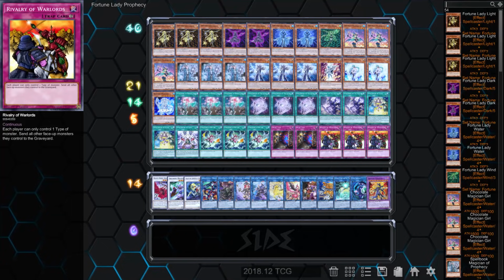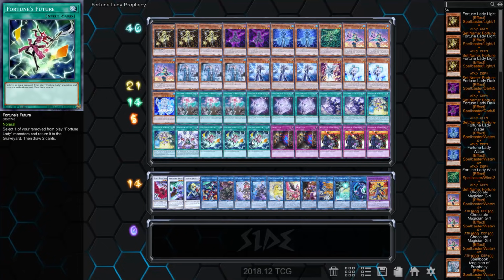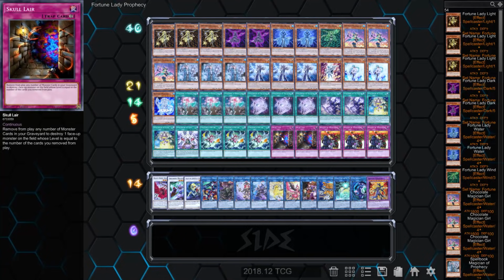But yeah, the trap cards, Rivalry of Warlords, obviously just solid floodgates, and then Skull Lair, which is your disruption card, and we talked about how that's basically used with things like Future's Fortune to banish monsters and then put them back into your deck and constantly disrupt your opponent with